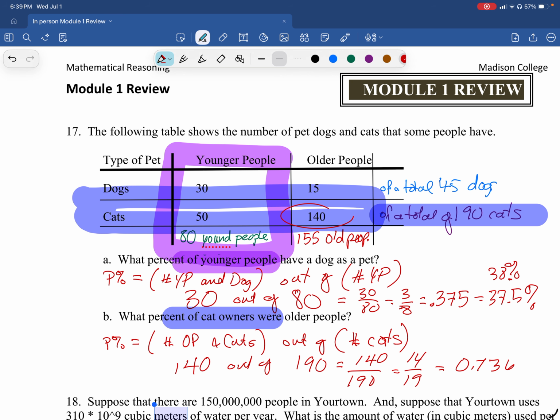0.736, which would be 73.6% or 74%. Depending on the instructions, you'll notice when you take the exam, it'll give you rounding instructions. So,